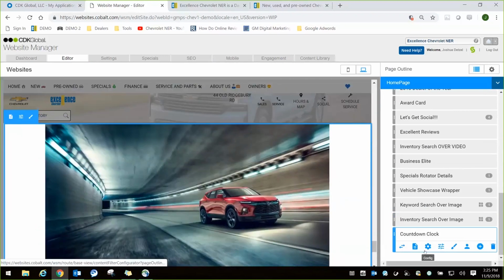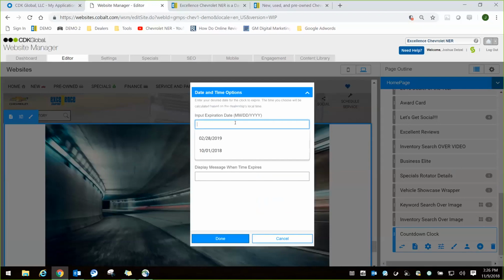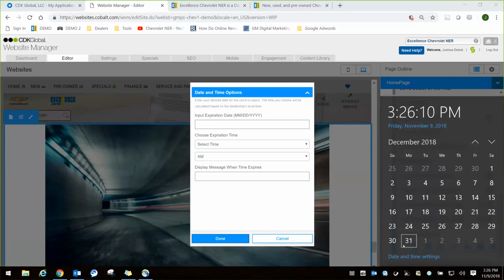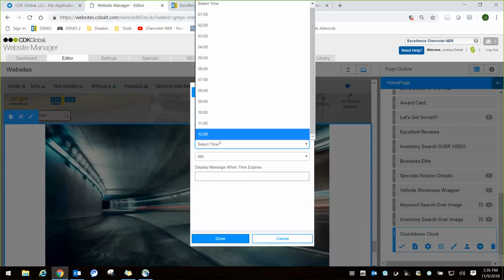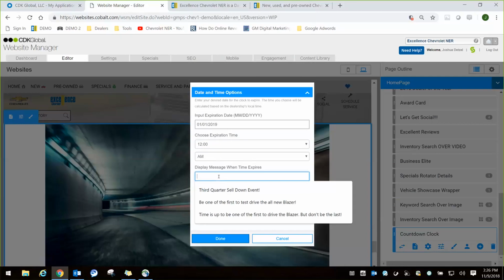So next is where you're going to go into configure, and then configure is where you're going to set your clock. So let's just say I want to run mine until I'm going to get my first Blazer somewhere in December, right? So let's say December 31st. So I'm going to set mine till January 1st, 1/1/2019 at 12 a.m. So midnight,